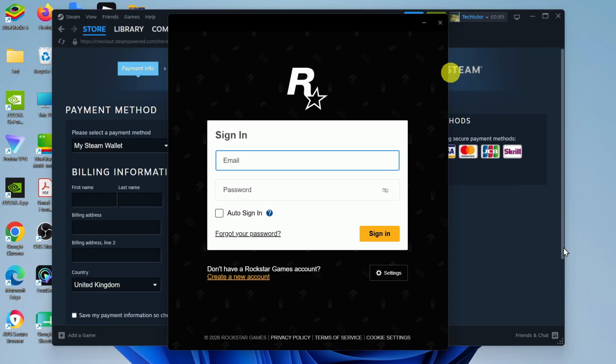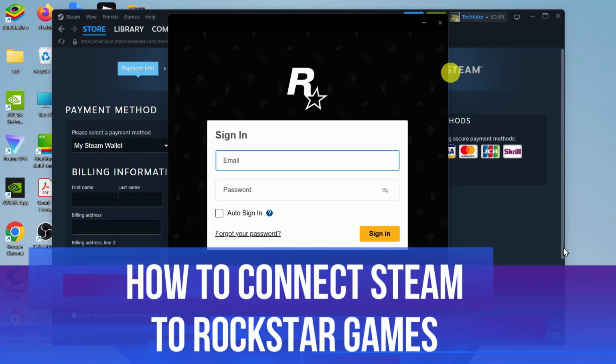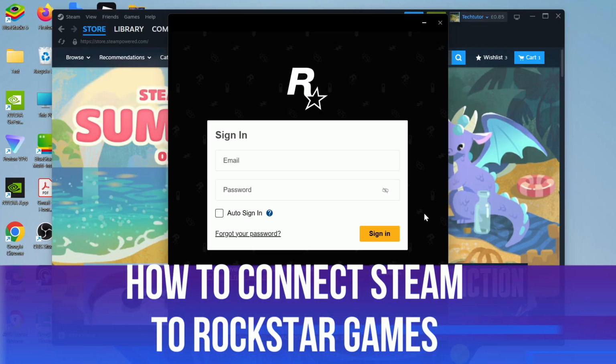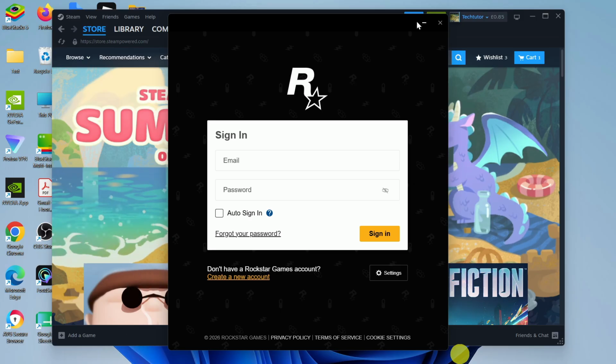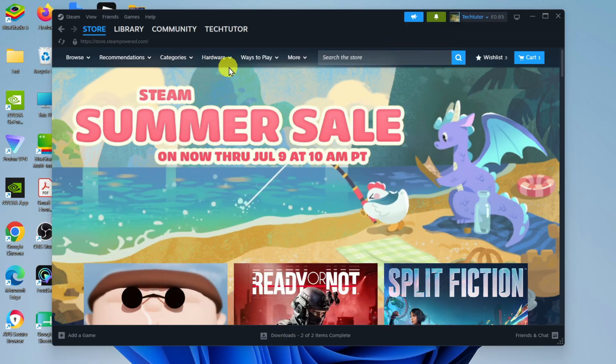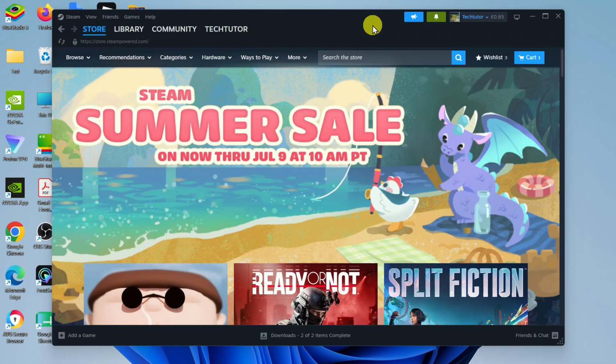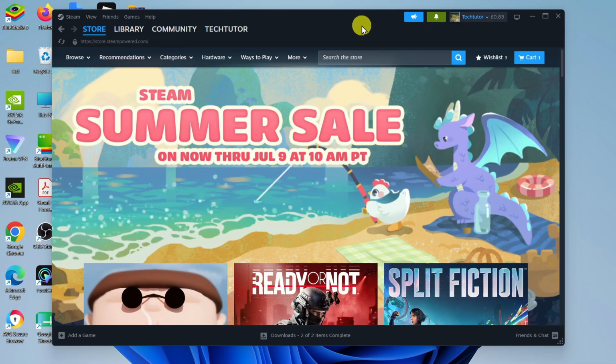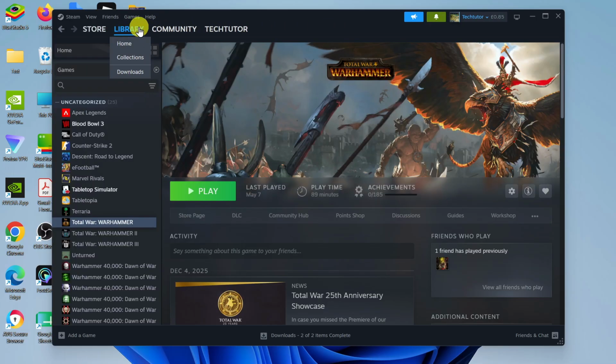In this video, I will show you how to connect Steam to Rockstar Games. To do this, as you can see, I've currently got the Rockstar Games launcher opened, but what you want to do is actually open up Steam and log into your account. Now, once you've done that, you want to click onto your games library in the top left-hand corner,